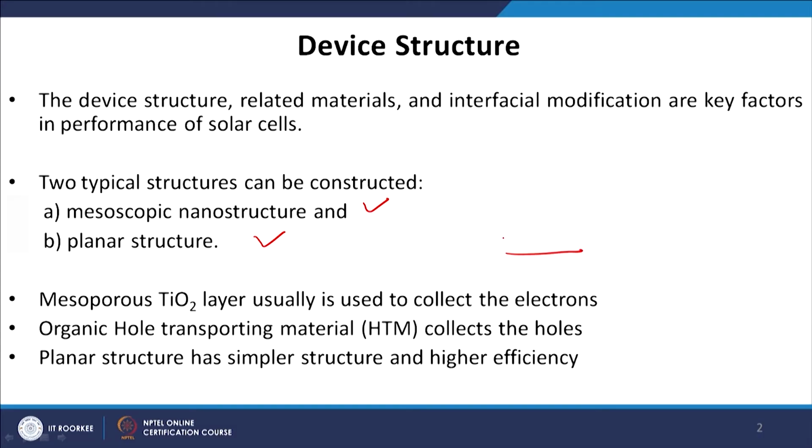In the PIN geometry, let me draw this. This is your ITO, which is coated on a glass substrate, and on the top you have your metal electrode. So this is your metal electrode. Now, you allow the light to pass through here. One can put the active layer of the perovskite here. This is your active layer.